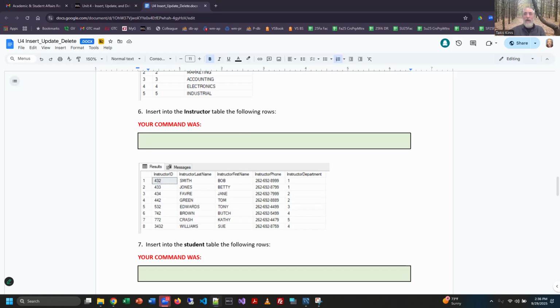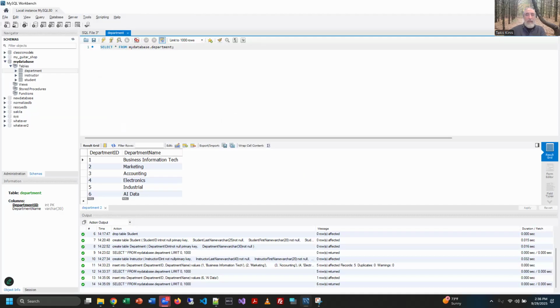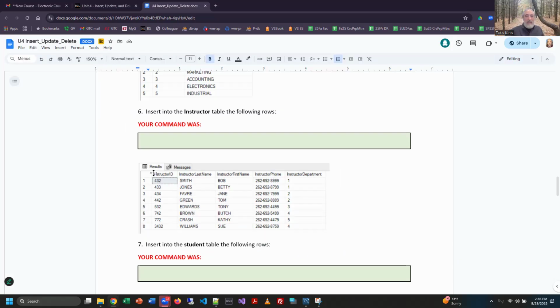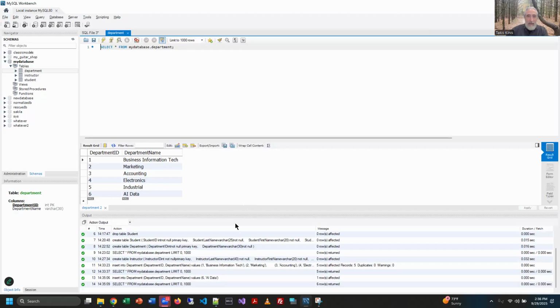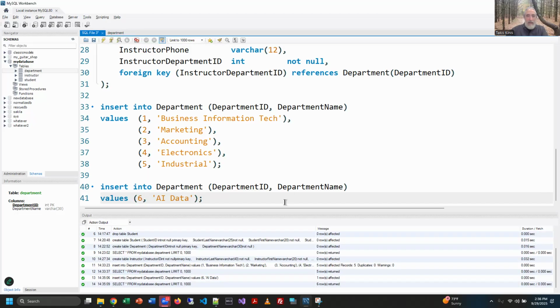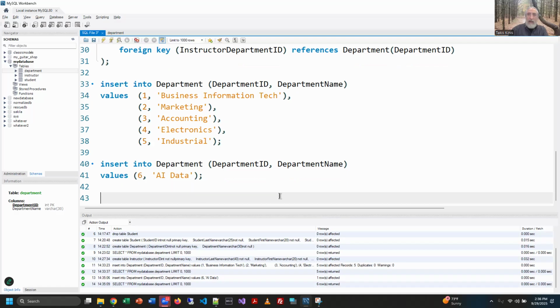All right, so here I go. I'm going to start by, well, I should look at that closely because there are a lot more columns here. There's ID, last, first, phone, and department. So it's going to be a longer list of values and a longer list of columns this time. Back to the main SQL document, we're going to add a couple of blank lines